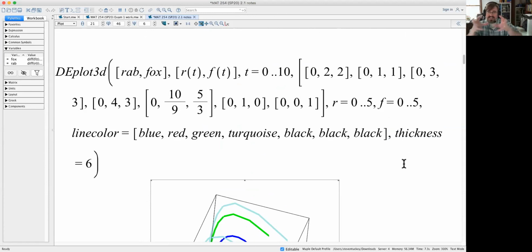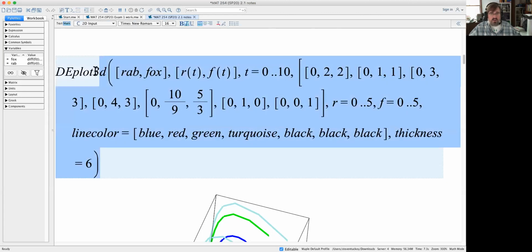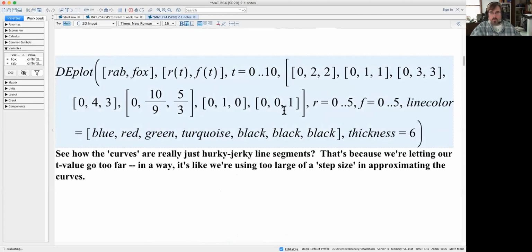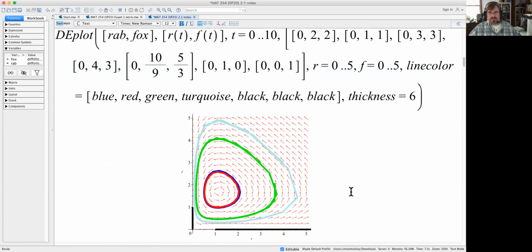So I've condensed several examples all into one because I wanted you to see the evolution of it: first we started with a DE plot, then we added some initial conditions, and now we have the ability to see it three-dimensionally. There's one more trick that we can do with a DE plot. I'm going to take off the 3D bit and we'll go back to the normal, plain old two-dimensional DE plot. There's one more piece of code that we can add at the very end, one more option that you can throw on the end. And it's called the scene